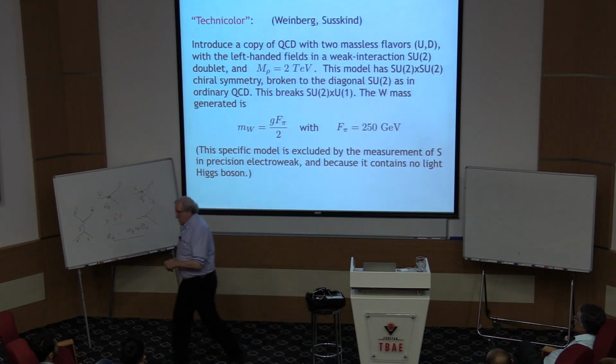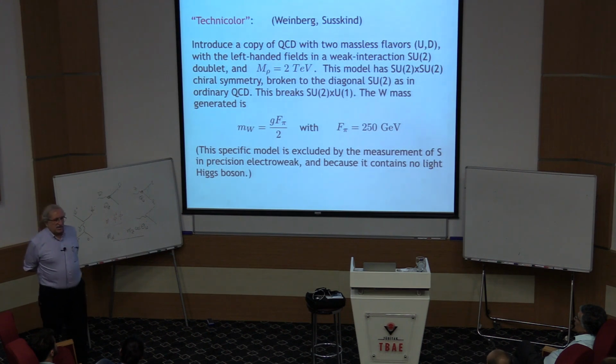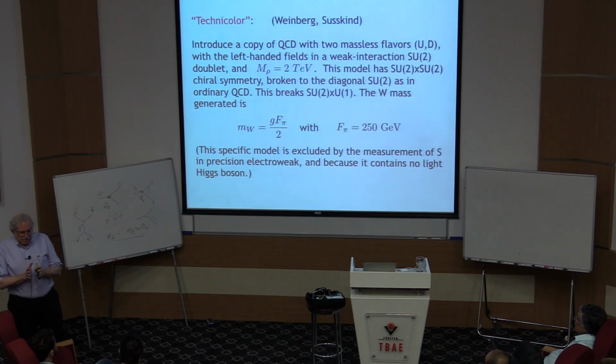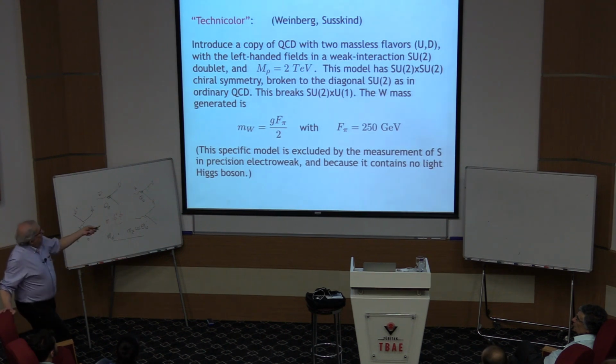A more interesting model is a model called Technicolor that was introduced by Steven Weinberg and Lenny Susskind in 1978. In this model, you really go with the BCS idea. So we postulate a new strong interaction theory, which is just like QCD, except that it becomes strong at an energy scale, instead of 100 or a few hundred GeV, it becomes strong at a few TeV. In that theory, we have, let's say, two massless flavors, U and D, and we would have a chiral